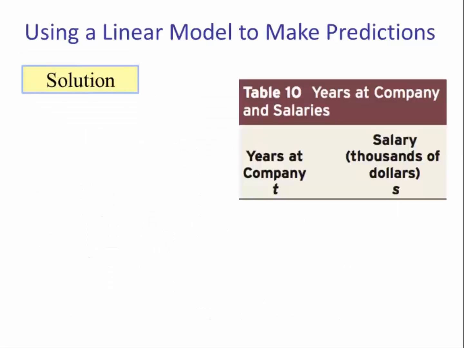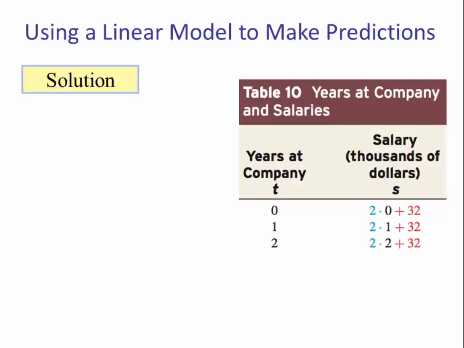We'll begin with the table. Again, T is our independent, S is our dependent. So we begin with T being equal to 0, that's when the person first starts the job. We have an initial value of $32,000, and since our units are thousands of dollars, S will be 32. When T is 1, the salary will increase 2,000, and then we add that to our base of 32,000, so this becomes 34,000. S is equal to 34.